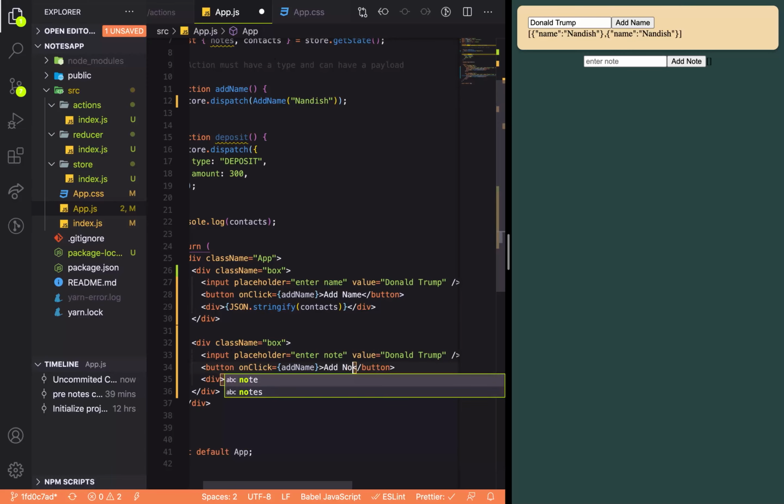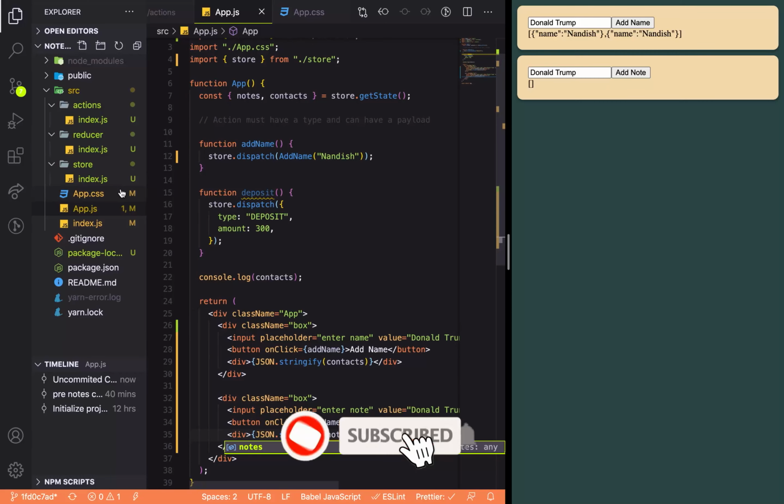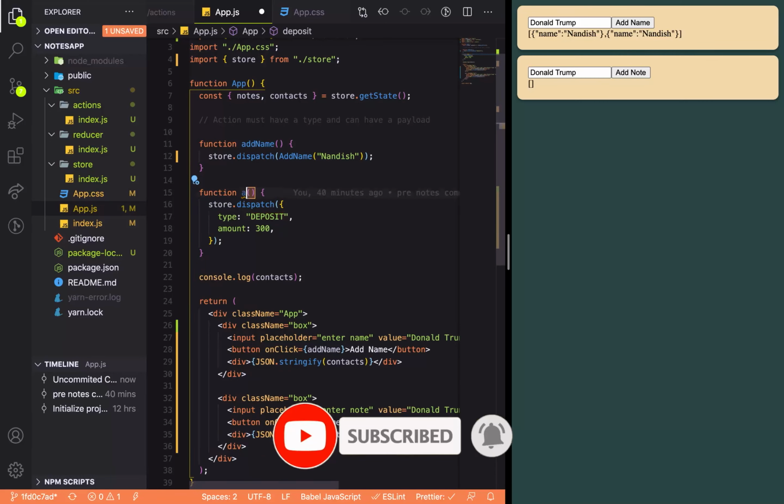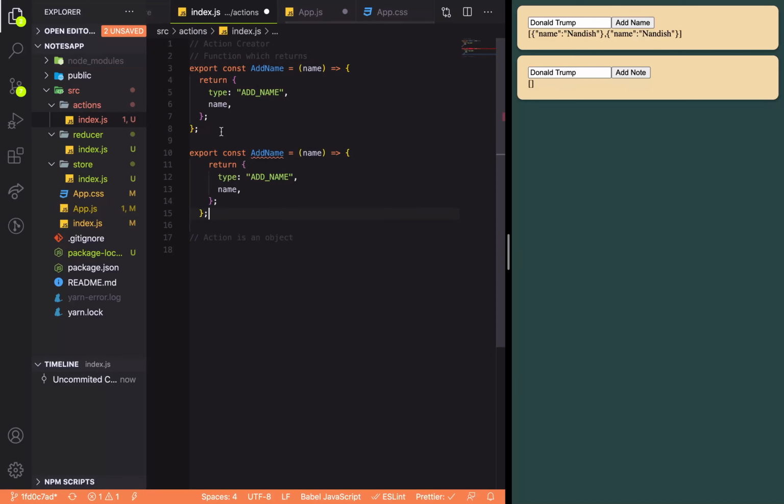So add note and notes. Okay, perfect. So there are two items which we have here, and inside of the add note we'll have another function. And in order to create that, I need to go into my reducer in my actions and have an add note,